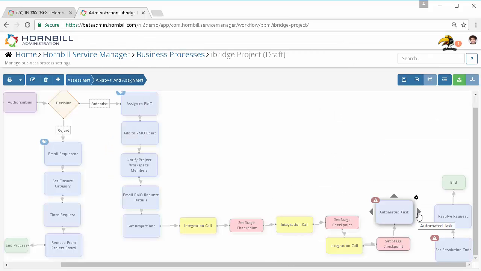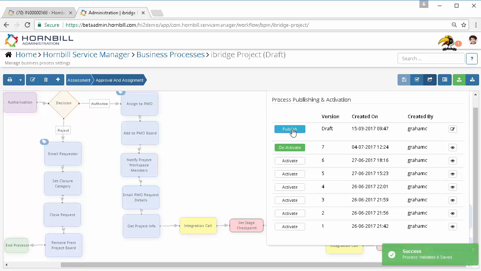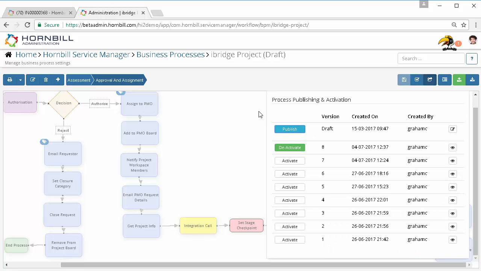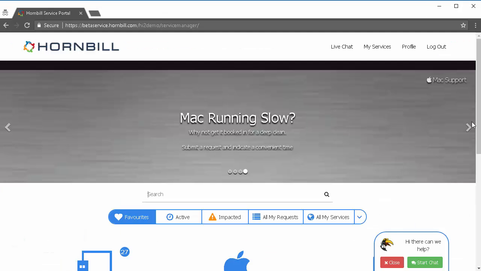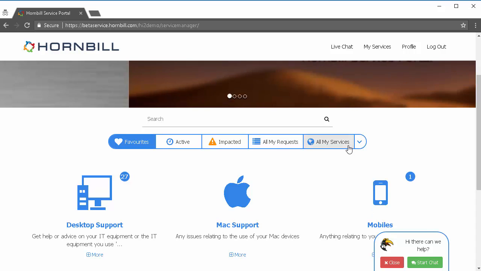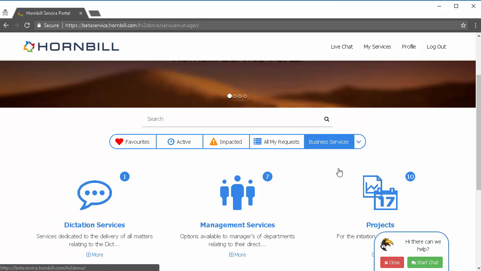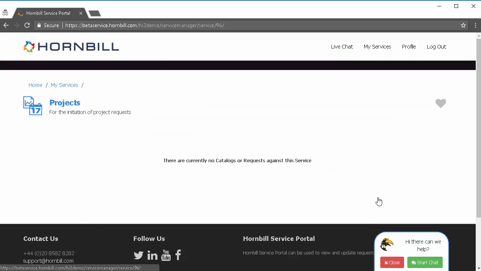With that in mind, we're then going to come back in and join that up. We're going to save our process, validate our process, and then choose to publish that as the version we want to work with. With that in mind then, we're going to switch to our service portal, and we'll raise a request against a service or a catalog item which is running this particular business process. So under my business processes and projects,